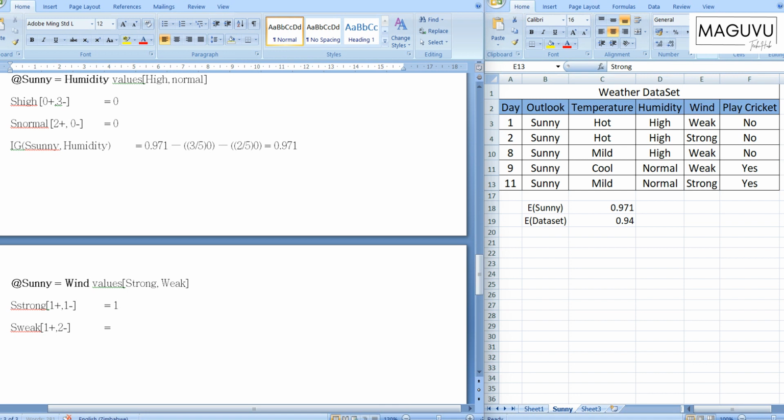That gives us a value of 1 divided by 3 log 2 of 1 divided by 3, and then we consider the negative, or the days we did not play, which becomes 2 divided by 3 log 2 of 2 divided by 3. This gives us a value of 0.918,